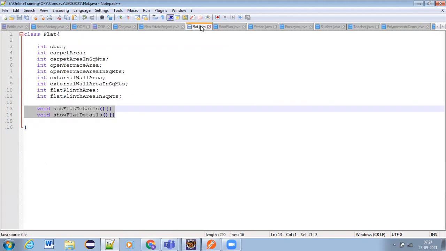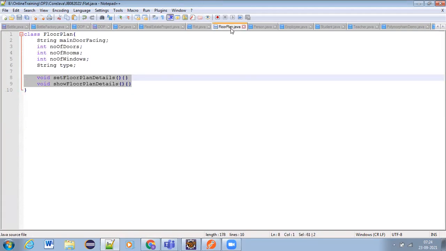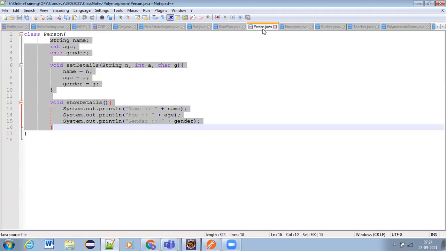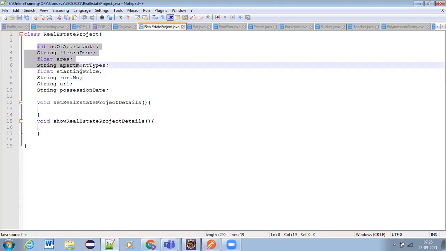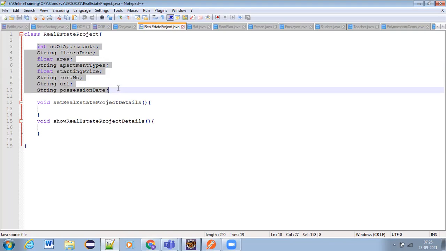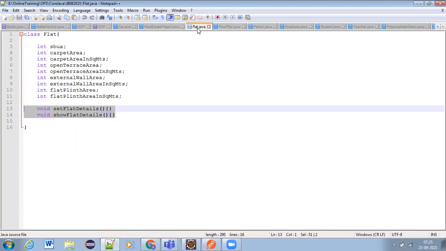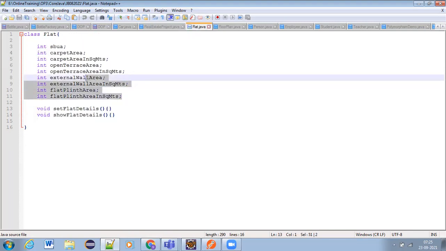A flat class, a floor plan class, and a real estate project class. When we define these, what information or data members are we capturing into the class? Only needed information we are taking.